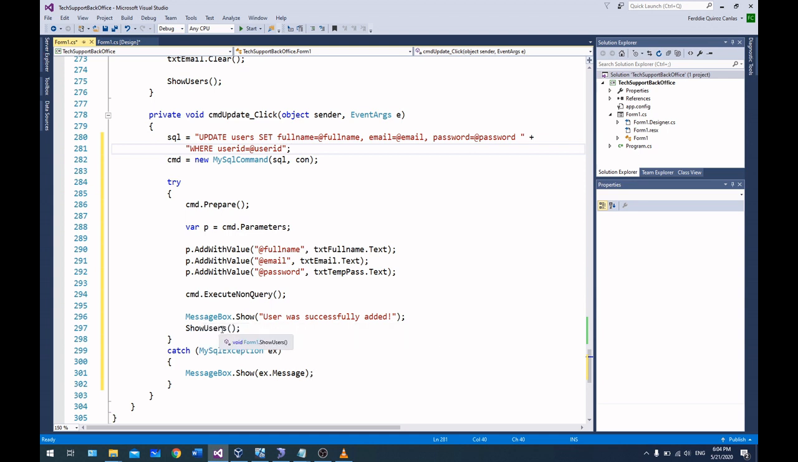So instead of saying in the message box that the user was successfully added, you have to write updated. Okay, and then we have to refresh the grid by calling the show users function here. You know this one, right? The one we coded earlier. So take note,